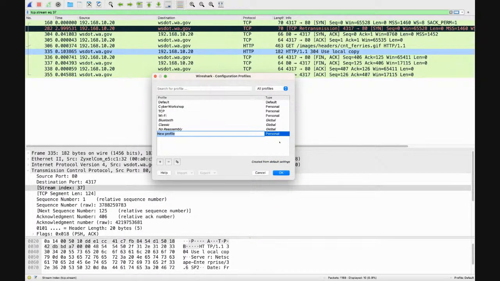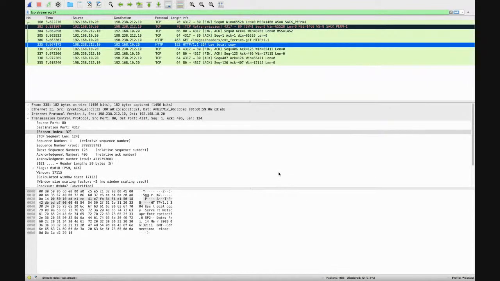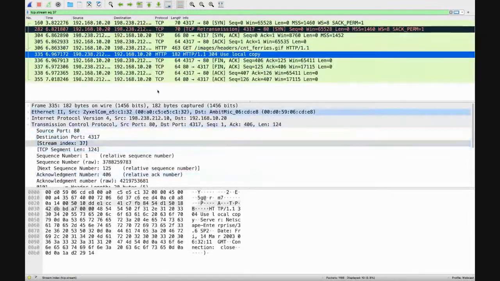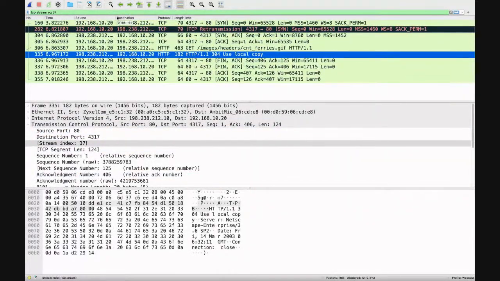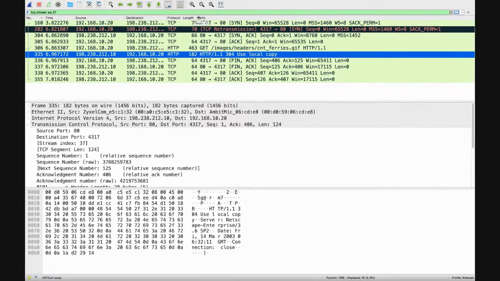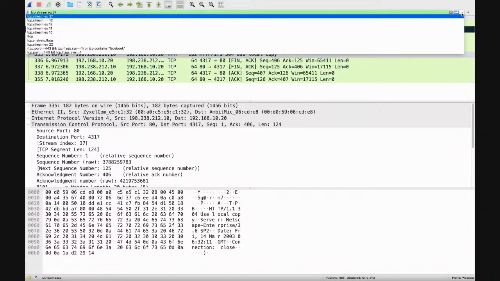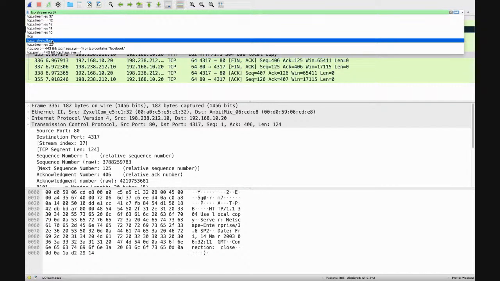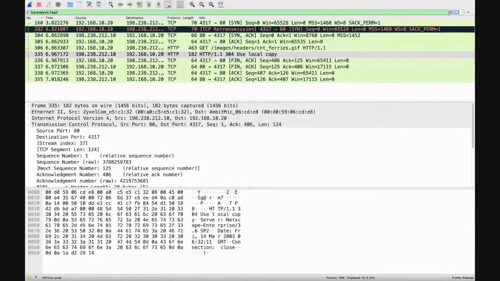We're going to call this webcast. I'll hit OK. So now what it's done is it's taken my default profile and copied all the settings over to webcast. And we're going to make our font bigger again so that you can see what's going on. Now, I've got to be careful sorting on different columns. Sometimes there are reasons that we want to do that, but not today. In this case, the last 10 filters that I use are saved in this dropdown.